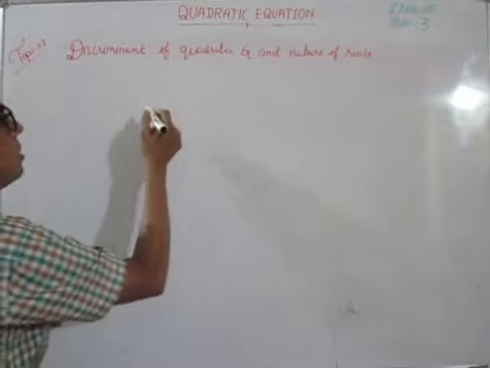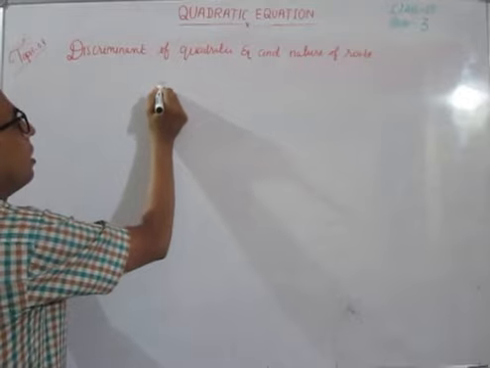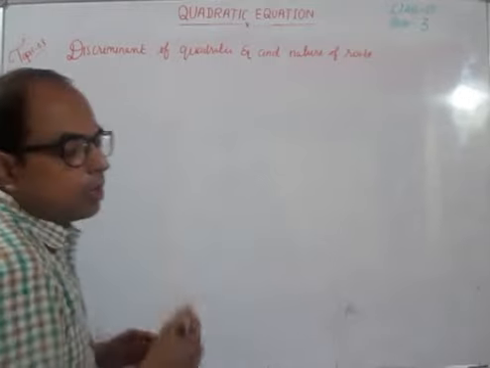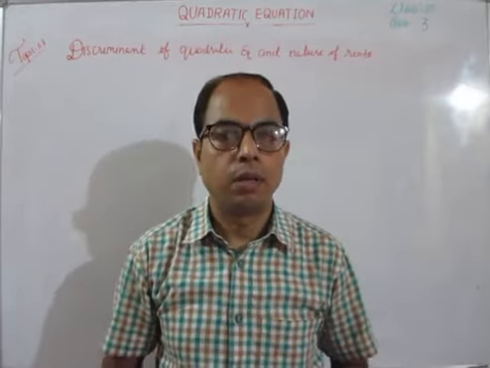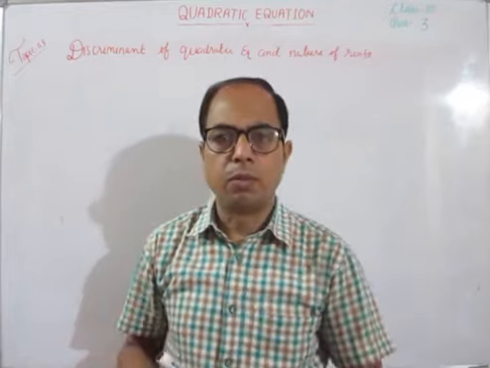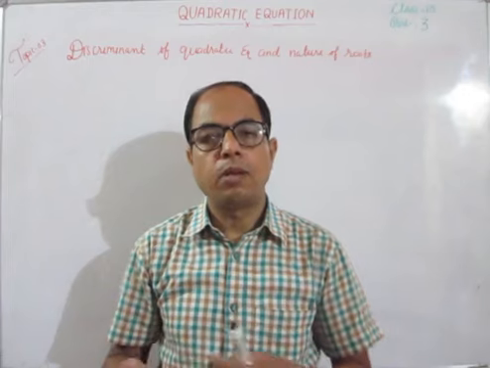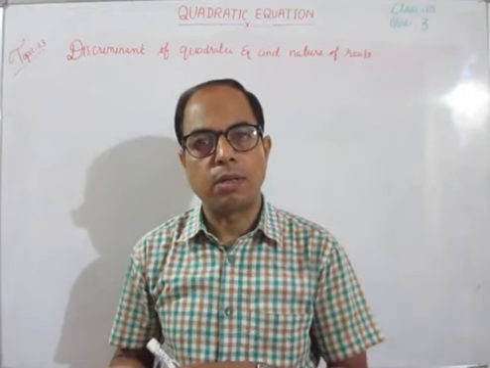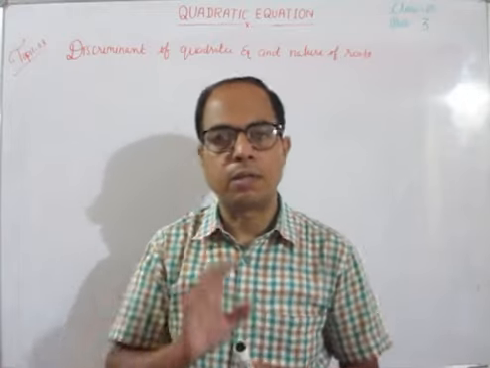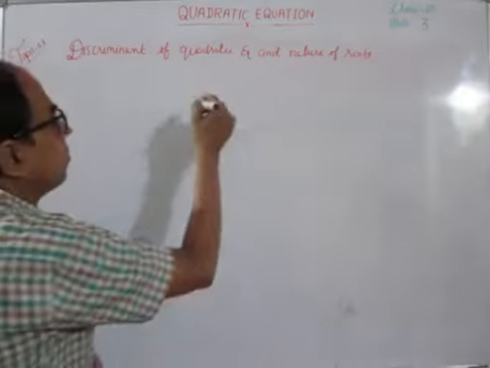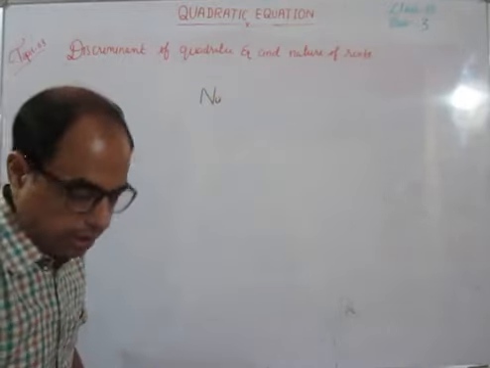Now let us consider a general quadratic equation, ax square. First of all, in this part we will talk about real numbers and imaginary numbers, equal numbers and different numbers. You know the meaning of equal numbers and different numbers, and of rational and irrational numbers. So mainly I am going to discuss the difference between real numbers and imaginary numbers. So let me write here.